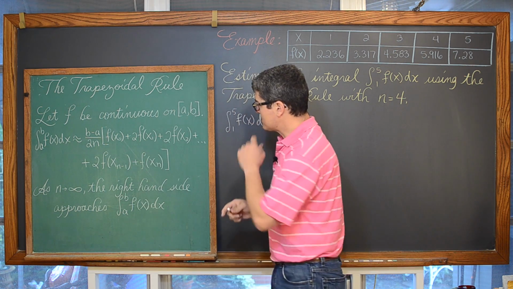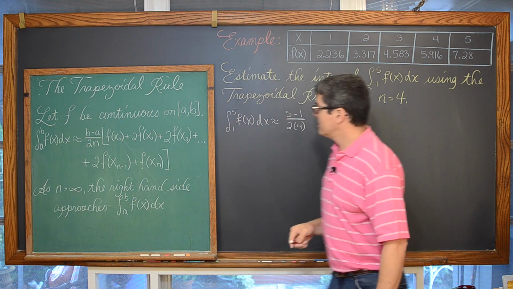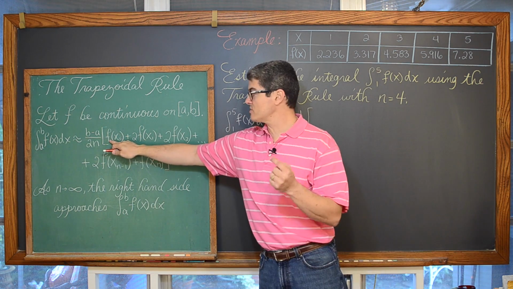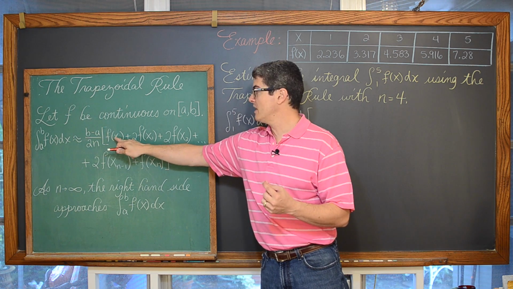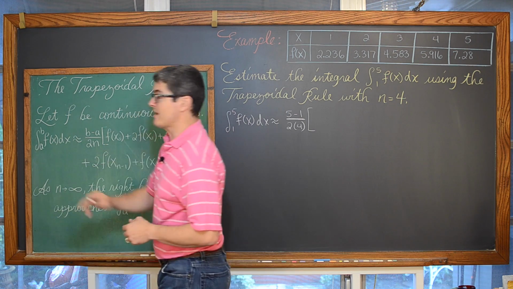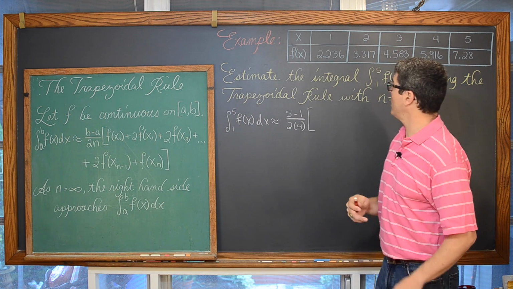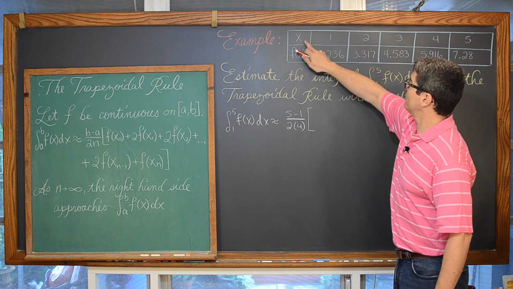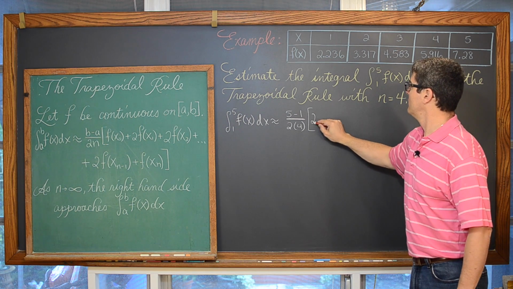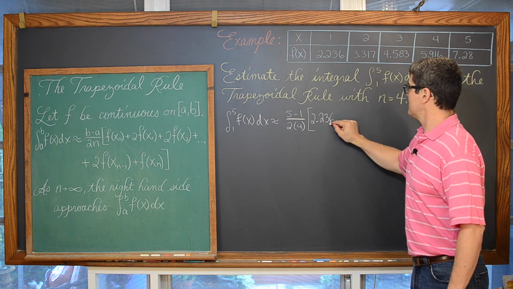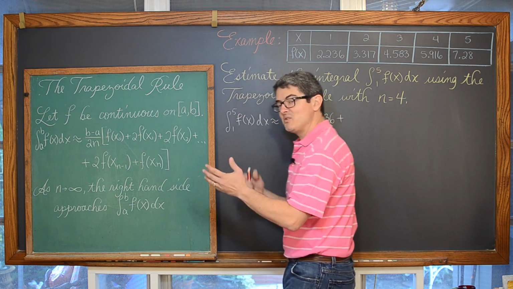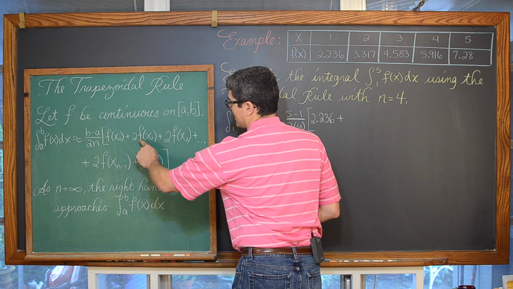And let's see, what else does it now say? Times, now we're going to take f of x sub 0, the y value you're getting from the function using the very first x value in your definite integral, that lower limit. So it's going to be f of 1. Well, f of 1 is 2.236, plus, referring to our rule here to let you see how to read it,